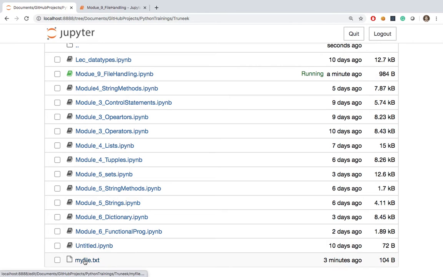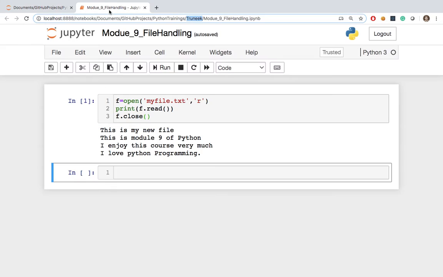So we don't need to specify the absolute path, right? We have specified the relative path because both the files are at the same directory level, so we don't need to specify any absolute path. So this is how we can open a file in read mode using a file pointer, and then we could read the contents line by line,